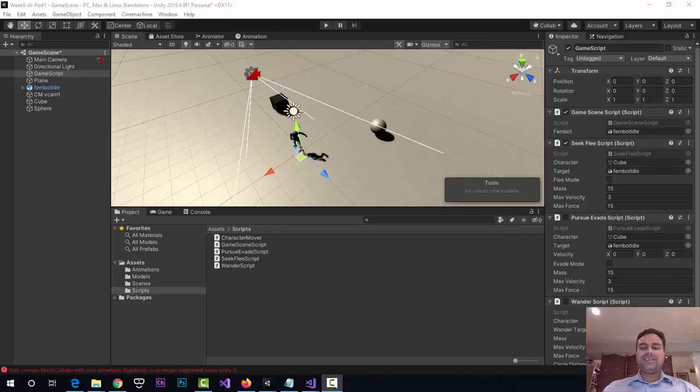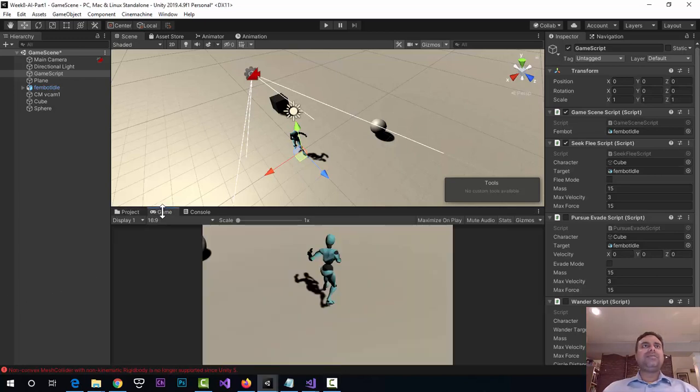Right. Today what we're going to do is look into the world of artificial intelligence, or gaming AI, and investigate a few steering algorithms. There are different aspects in AI, and we're going to focus specifically on steering for this lesson. We're going to start off with a few techniques. One is called seek and flee, which we're going to start with now. There's also pursue and evade, and there's also wandering. We're going to start with these five different techniques, but we're going to start off now with seeking and